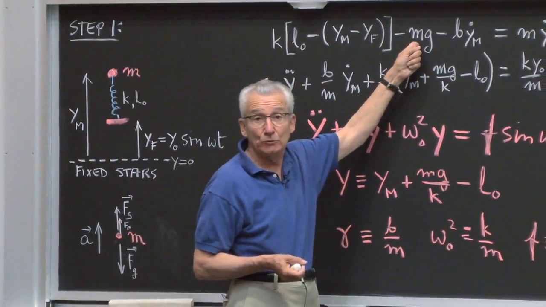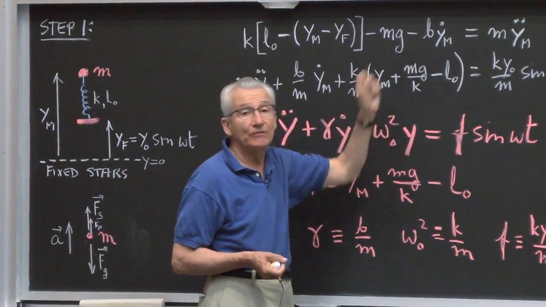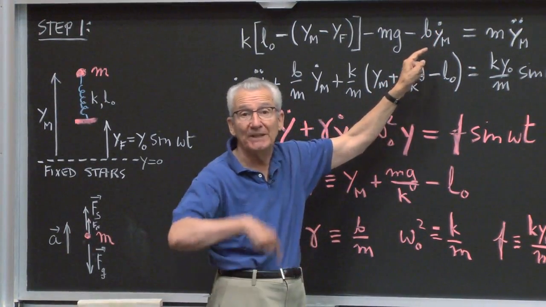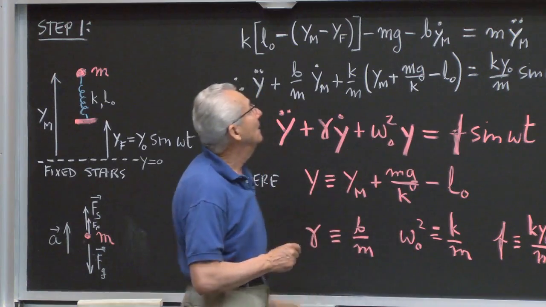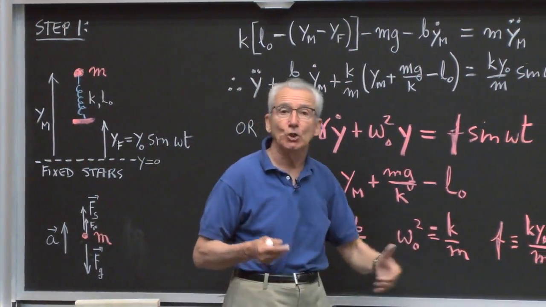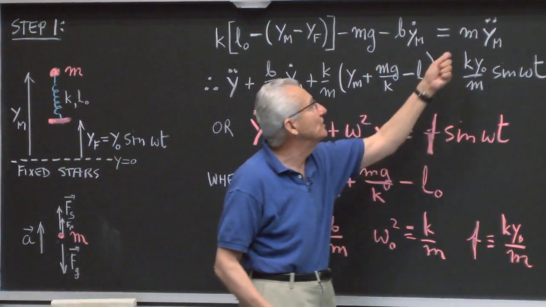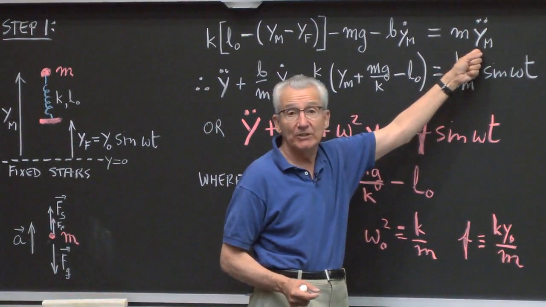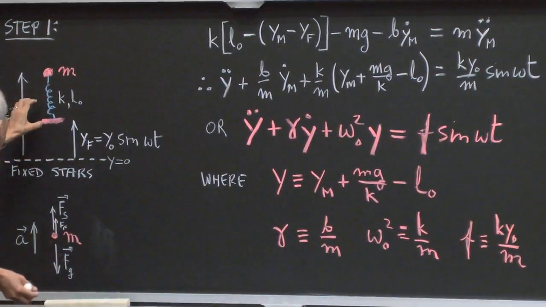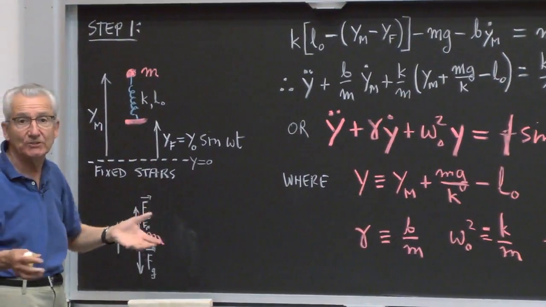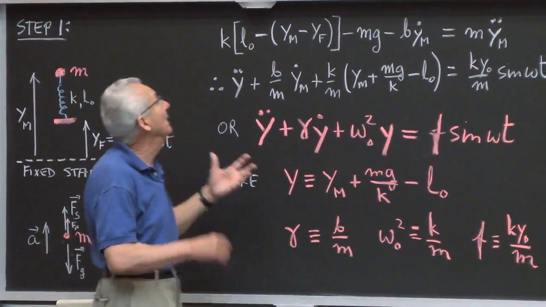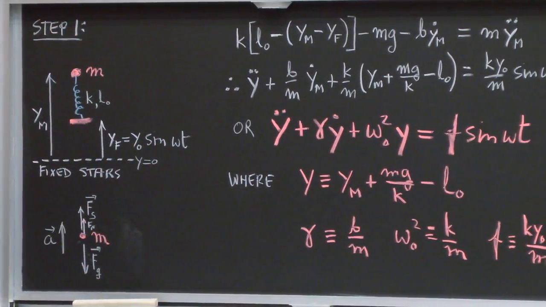This is the force down due to gravity. And this is the force in opposition to the velocity. So I don't know whether it's up or down, it depends which way it's moving, due to the friction. This is the net force, and that's got to be equal to the inertia of the system, which is the mass, times the acceleration of it in the upward direction. Okay? And I told you that this spring is massless, so I don't have to take into account the motion of the spring. That's why I had to take an idealized situation.